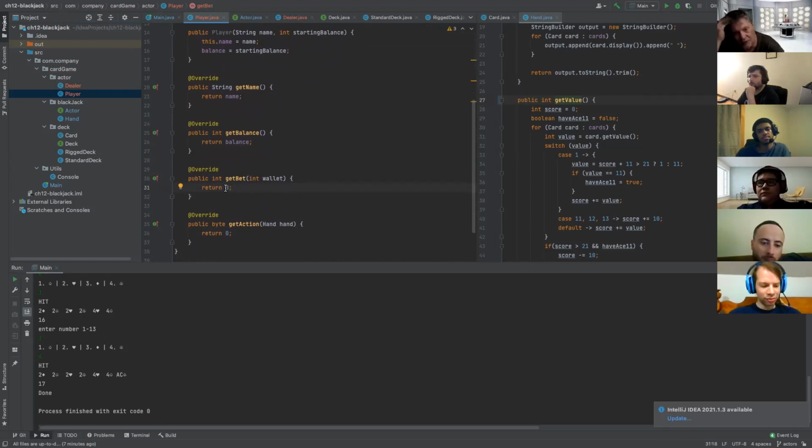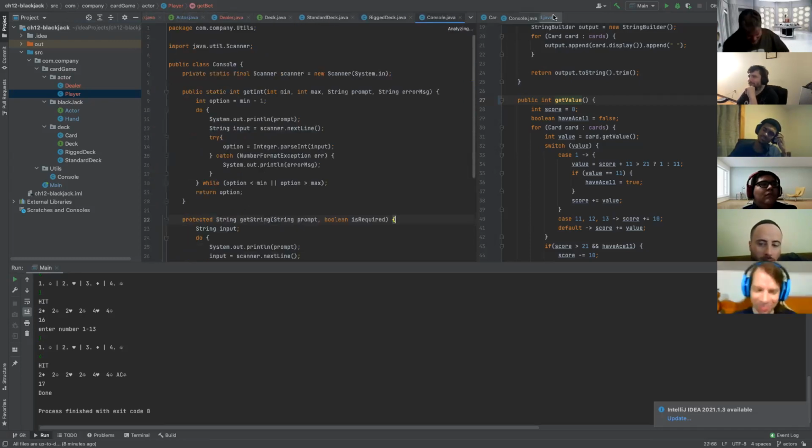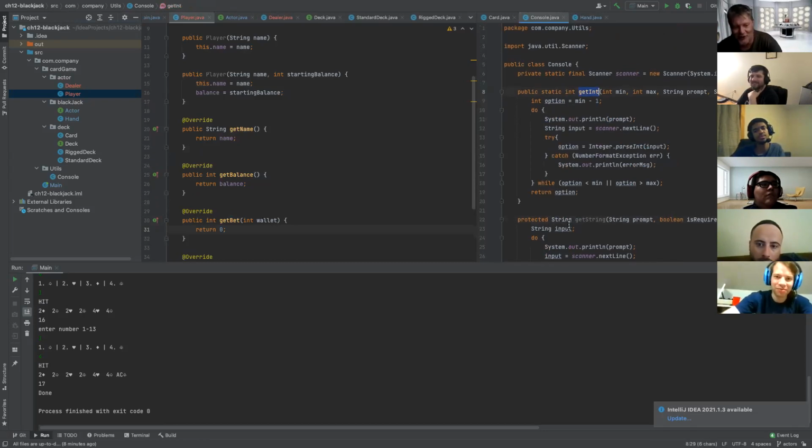But yes, we could. We would ask for a tool that would easily get us an integer, don't we? Do we have that already? I think we do. Yeah, I believe it's in console. Giving away the answers, Jim. Yeah, we have our getInt method. We have a beautiful getInt method that does the min max requirement, gives a prompt and an error message. So we can simply just do return